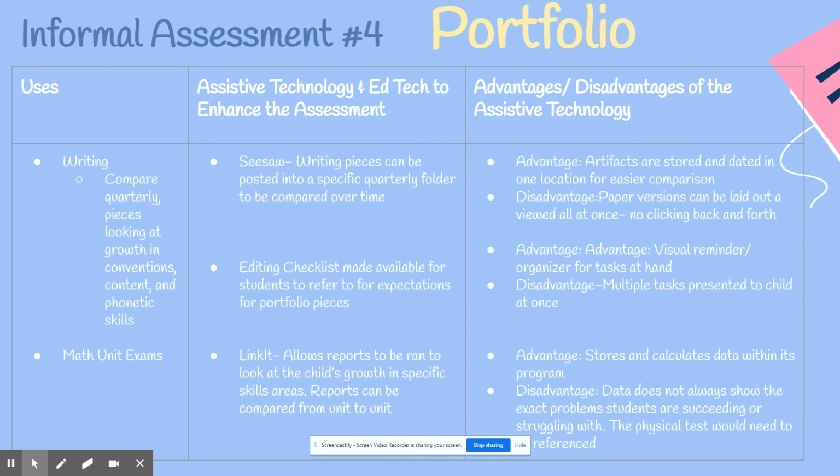The fourth type would be a portfolio. I would use this in writing to look at quarterly pieces to see their growth, and in math, unit exams. Types of assistive technology or educational technology include Seesaw for students to post specific pieces to be compared over time, and an editing checklist, as mentioned earlier, so that students can produce satisfactory pieces to be put in their portfolio,